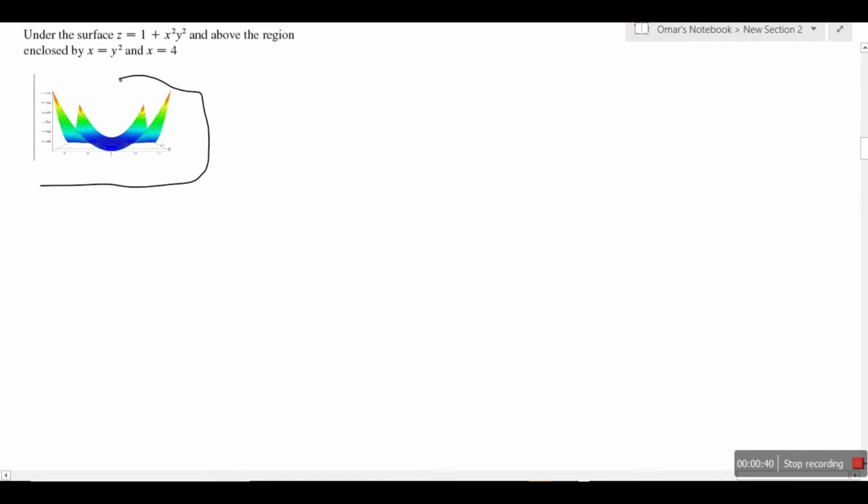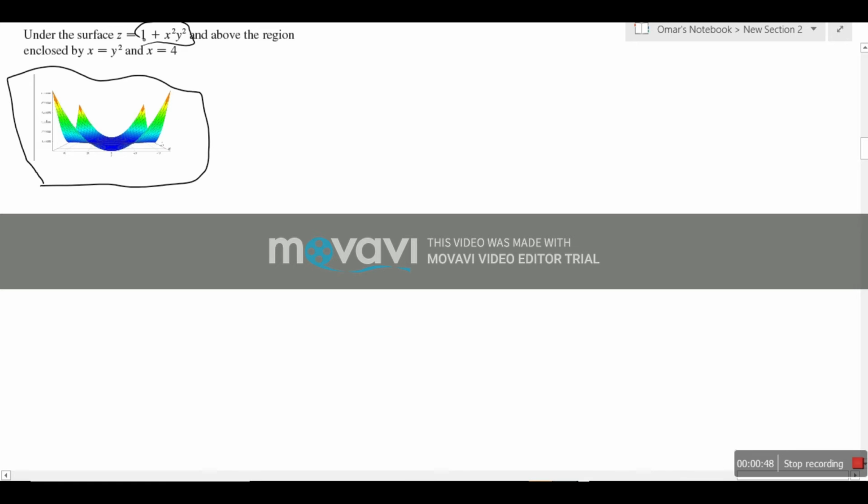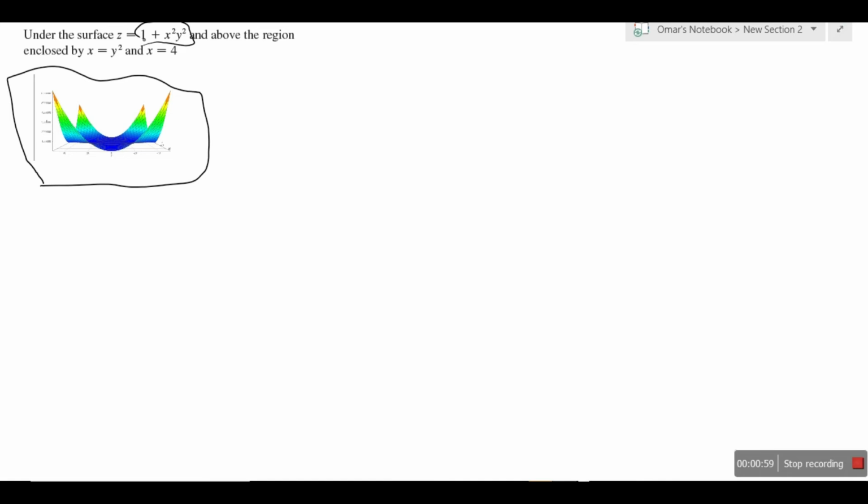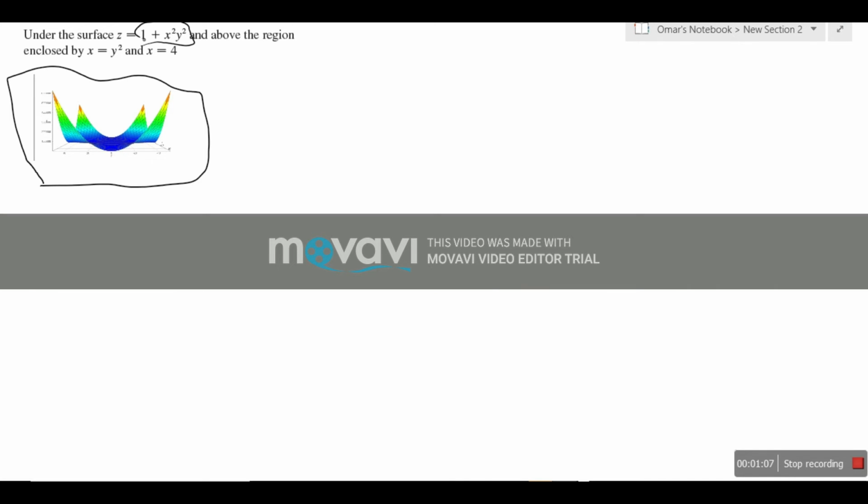This is just a drawing to give you an idea about this function. We just want to find the volume under the surface of z equals 1 plus x squared y squared